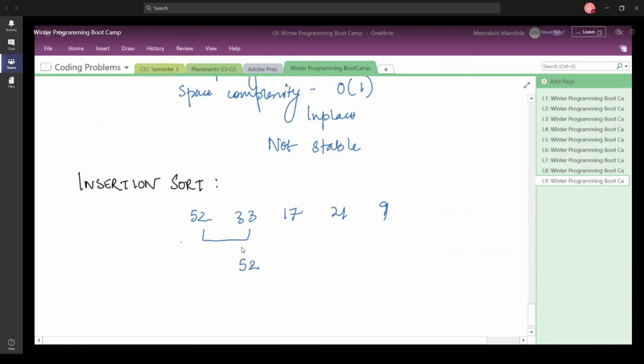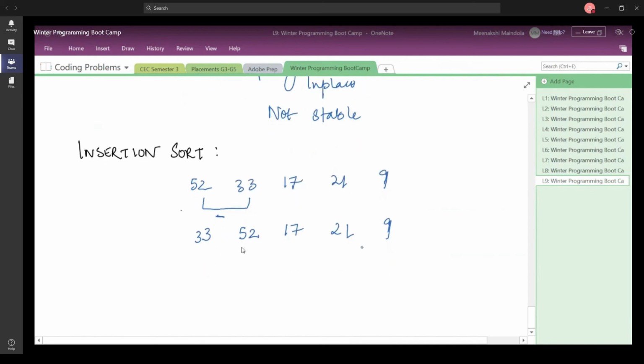The smaller element is still in a temporary variable, and it is compared to the previous elements. For this particular case, you do not have any previous element, so it keeps it in the temporary variable and then simply stores it at its correct position. After the first iteration, you have this as the output of the array.